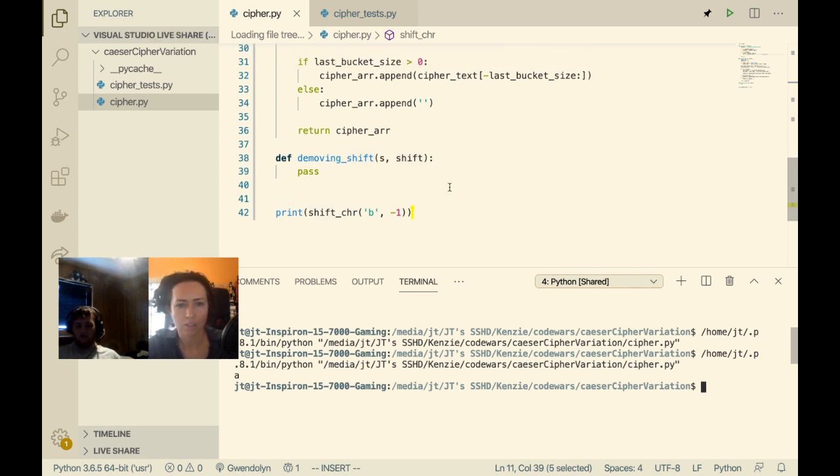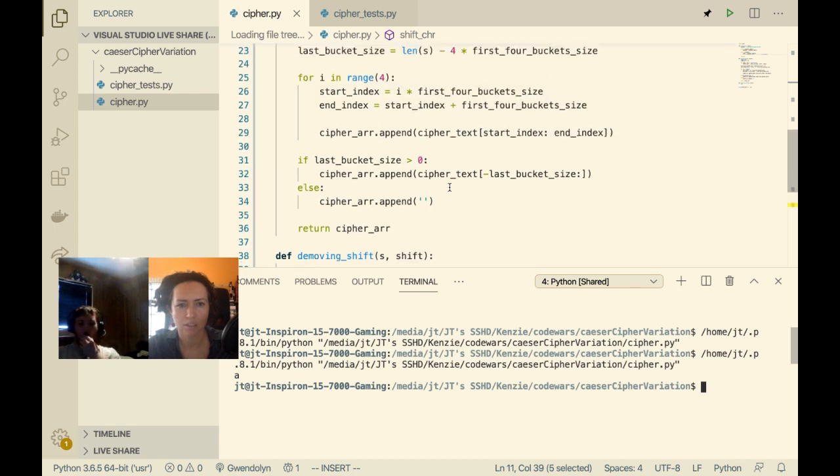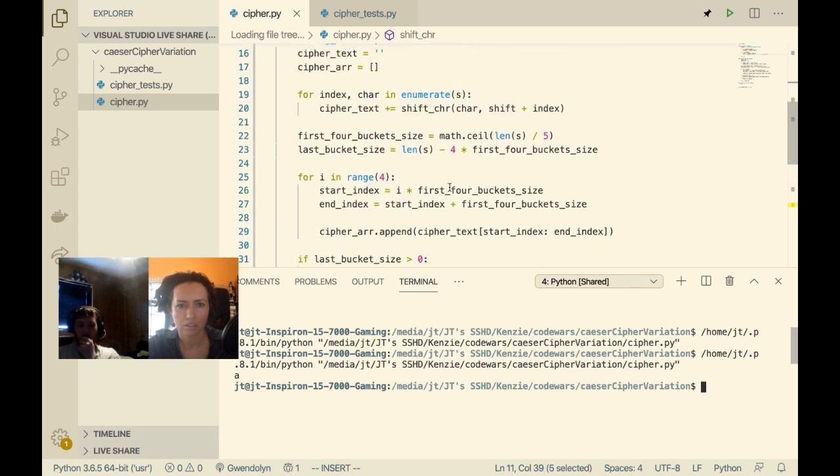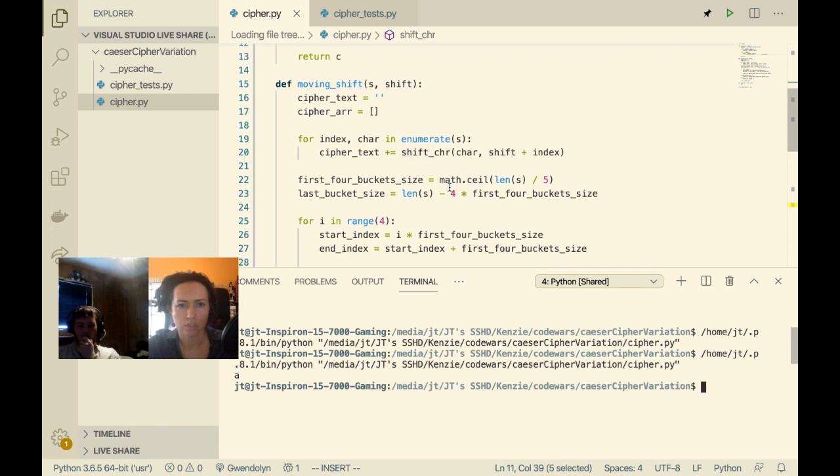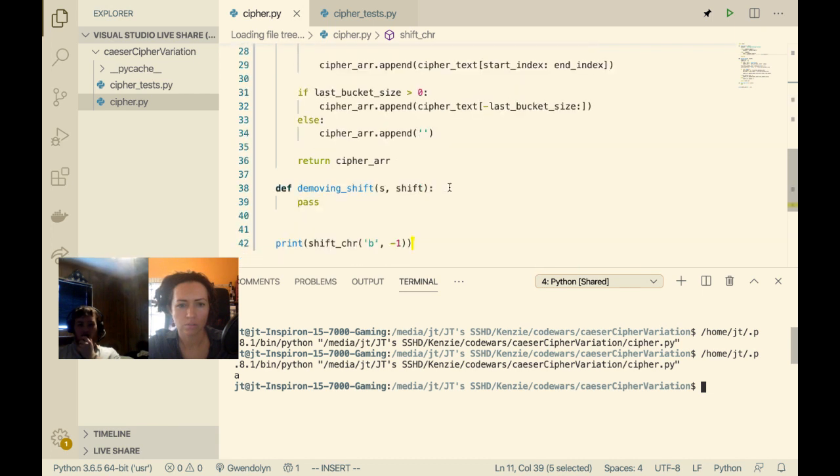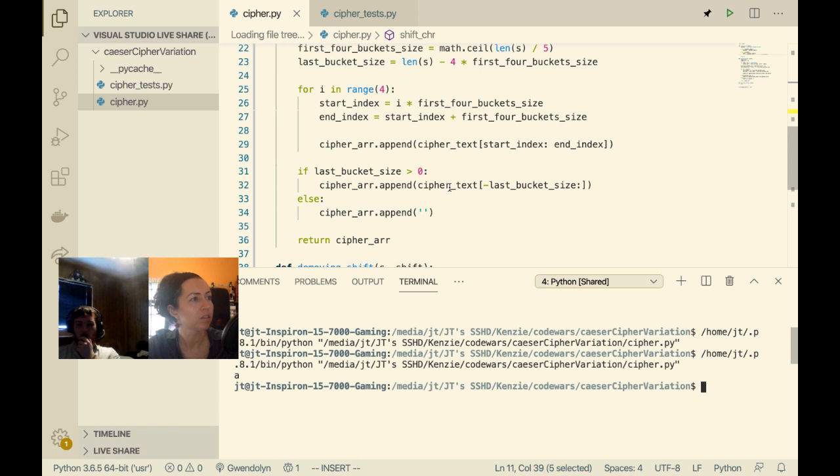Okay, so we can reuse the same function, and then the D-moving shift. So this part right here should be almost identical, except instead of ciphertext, we'll call it plaintext because we're decrypting it. We are going to have to do a little pre-processing though, which is just going to be joining the array on an empty string. Okay.